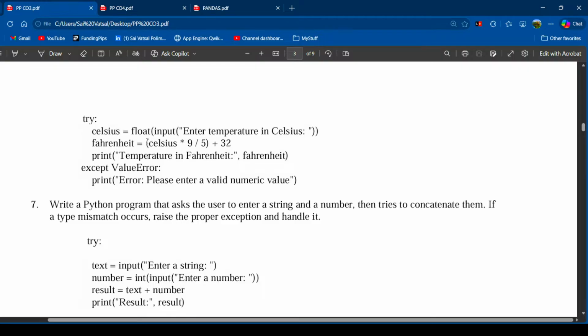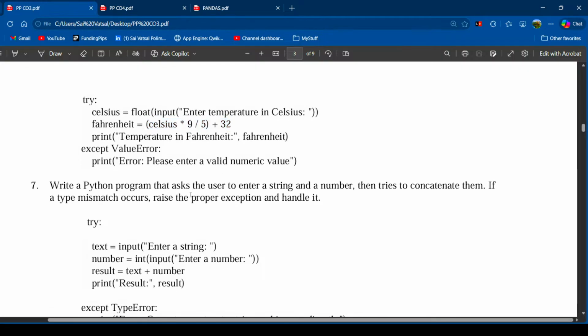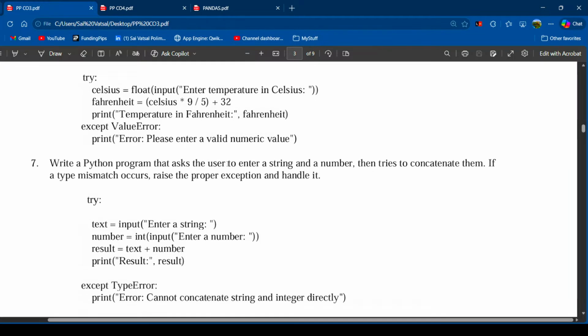So it is the default formula, Celsius times 9 by 5 plus 32. So write a Python program that asks the user to enter a string and a number, then tries to